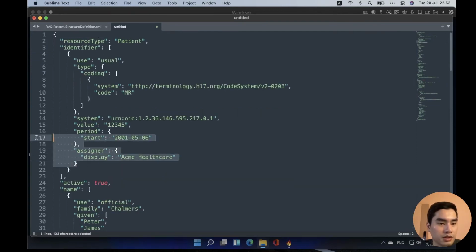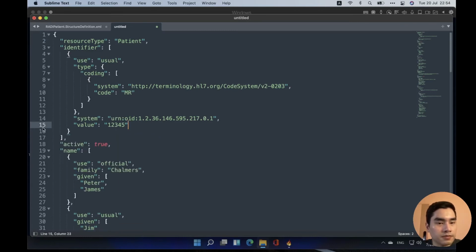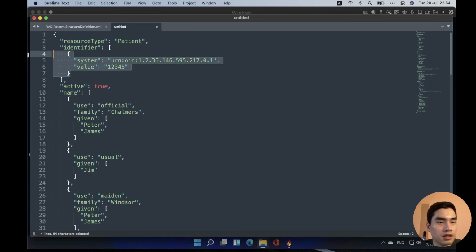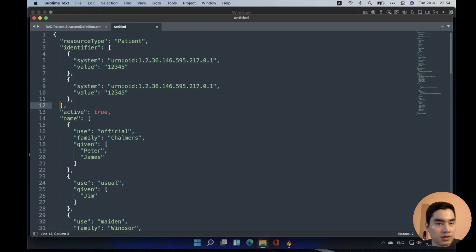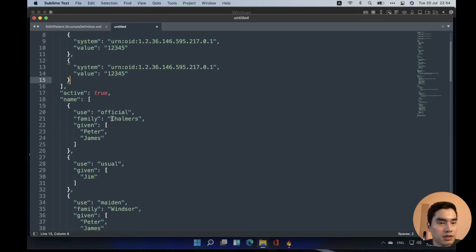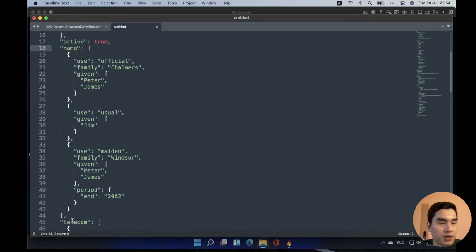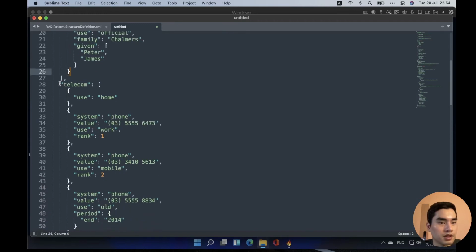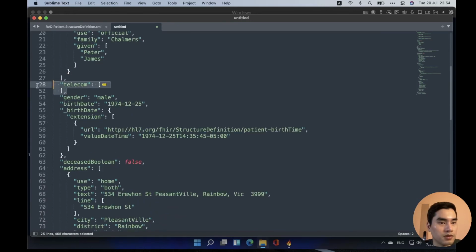Identifier, we need. This one doesn't need. This one, name, only has one name. Telecom we don't need at all.